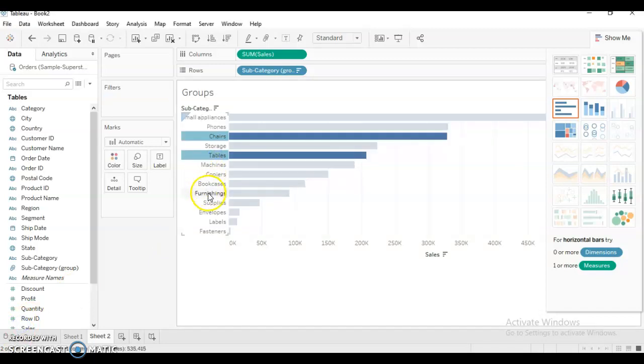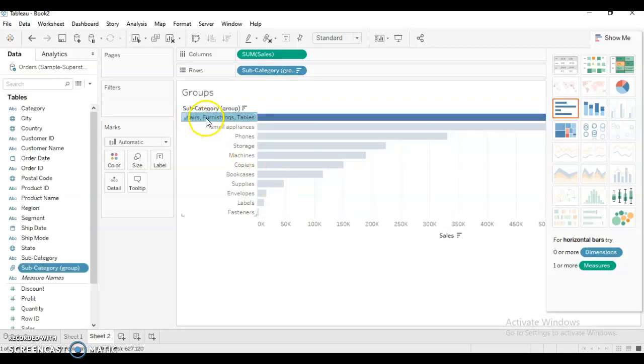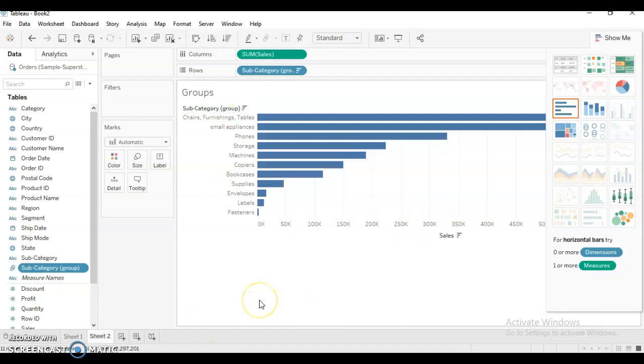Now tables and furnishings, and I can see the icon for group. After clicking this, a group has been created with chairs, furnishings, and tables as subcategories. Now I can see that this group has the largest sales compared to the others.